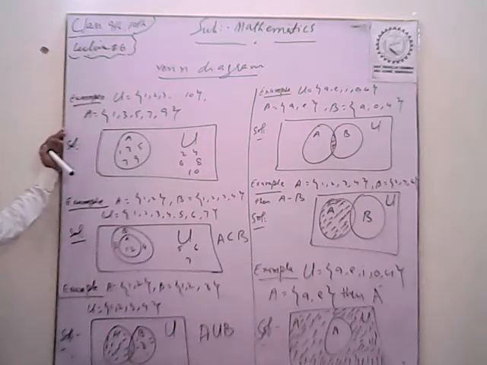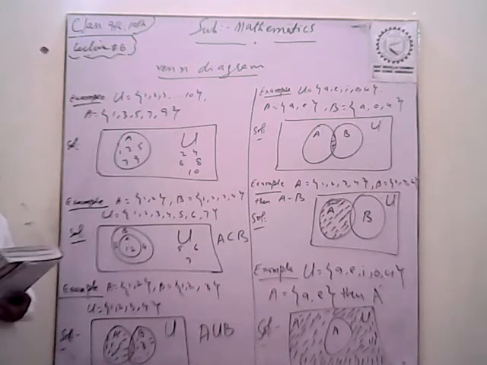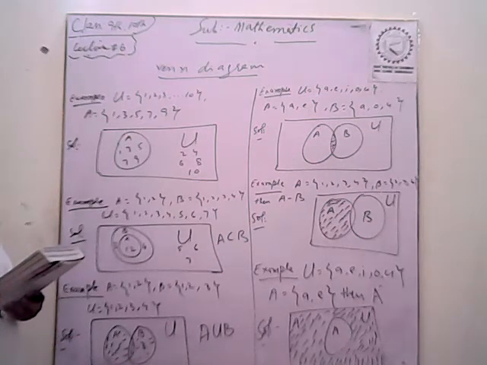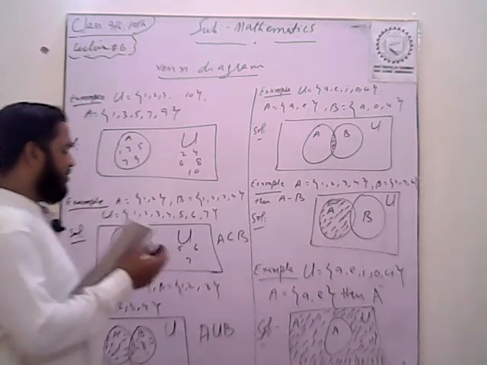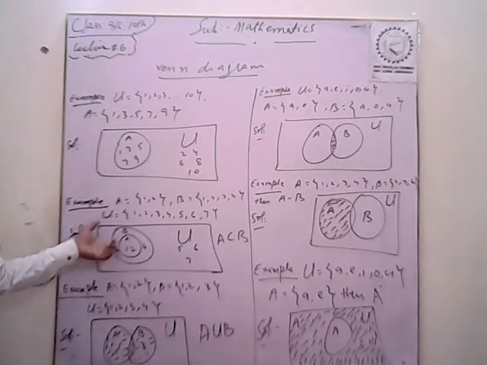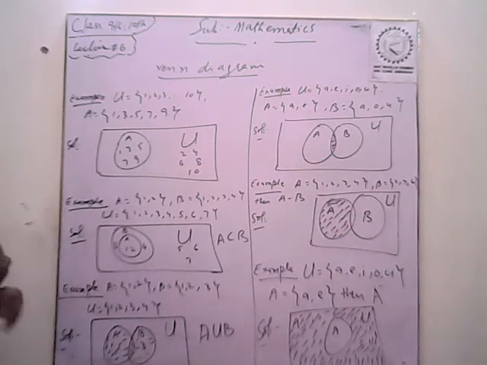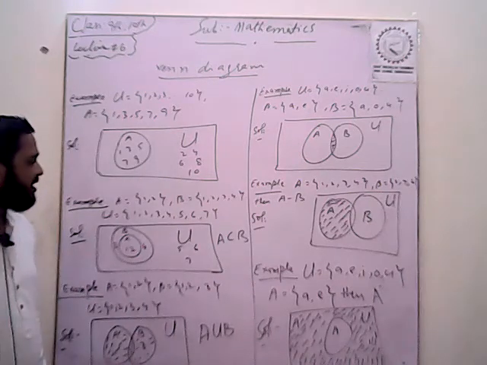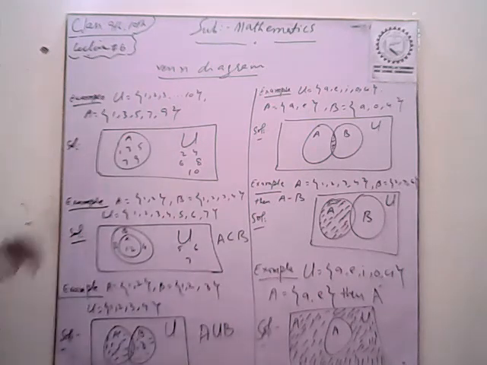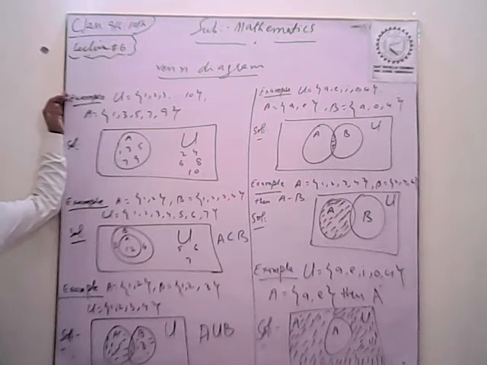We draw the universal set as a rectangular shape. Within this rectangle we draw a circle for B. Since A is a subset of B, we draw another circle for A within the circle for B. This is the relationship shown in the figure: A is a subset of B. This figure is called a representation of a Venn diagram. Now, for example 2, I will draw some figures and show you.